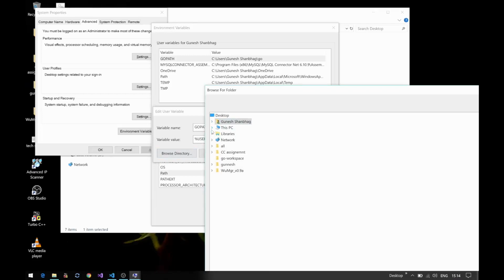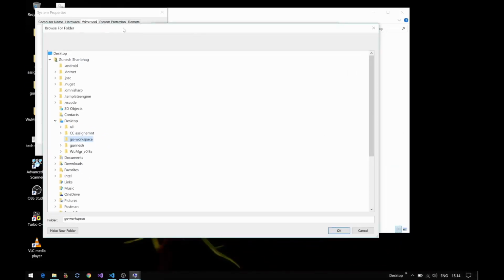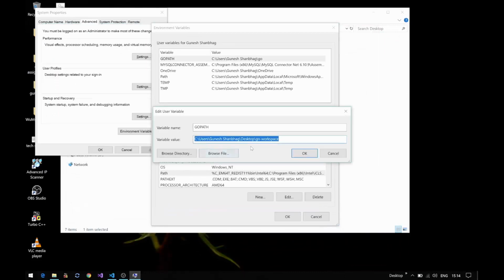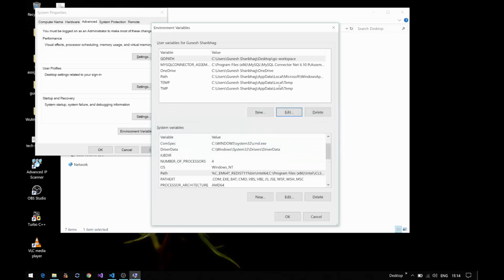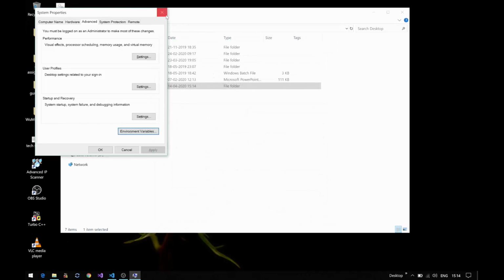In the browse directory we'll select the username, in the desktop, then Go workspace, select it and click OK. And now it is selected, and now click OK after confirmation, and you can see the Go path is changed, and click OK. We'll close this.